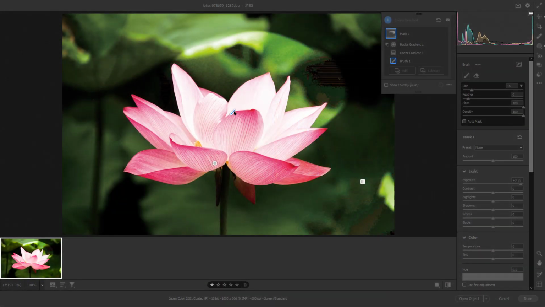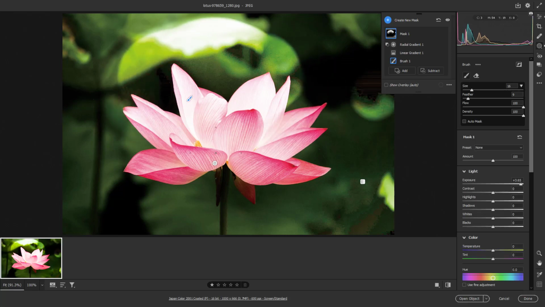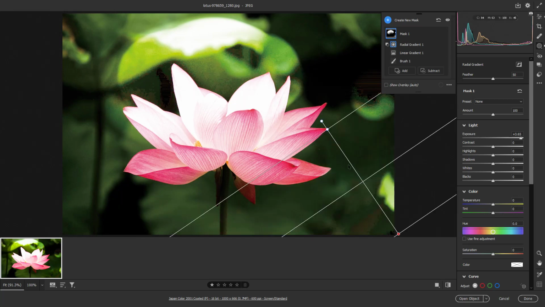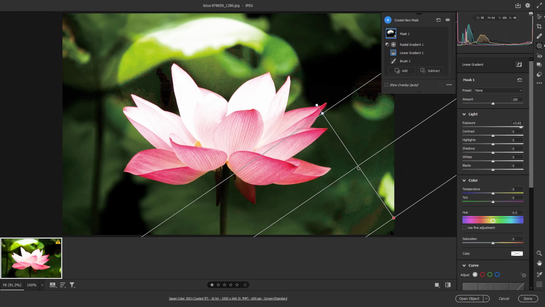So over here, you can see that I have some masks just like this. And these are the masks right here. And if I were to go around and click, you can see the mask overlay, it is red in color. But if you want to change the overlay color right here,